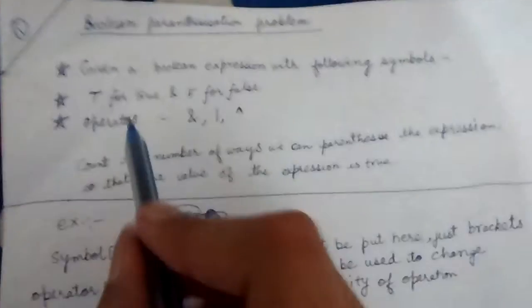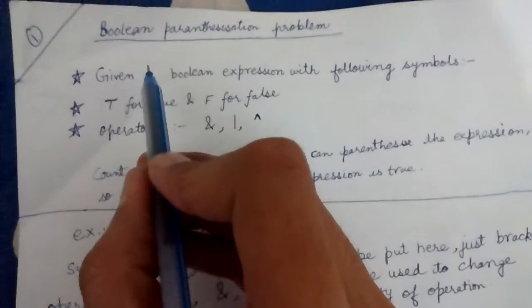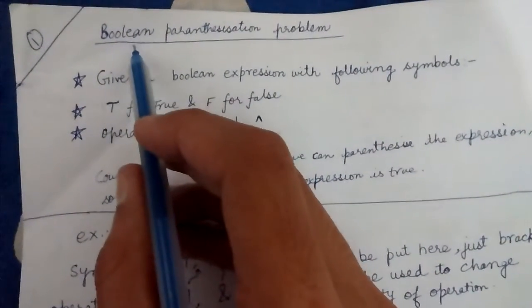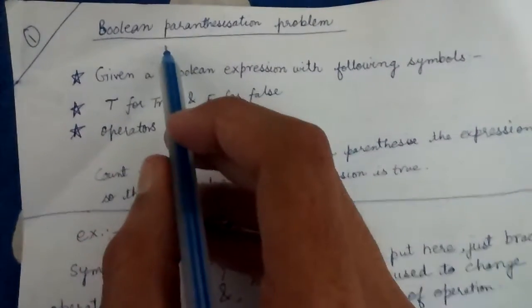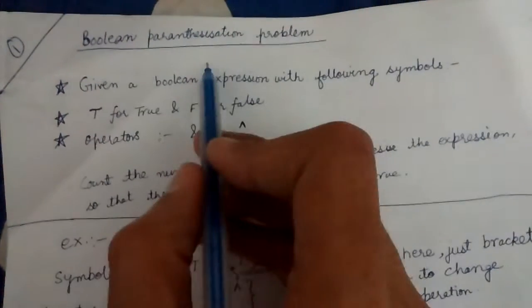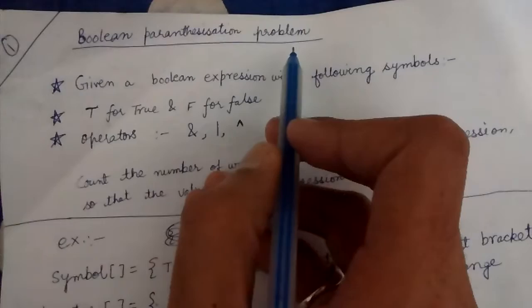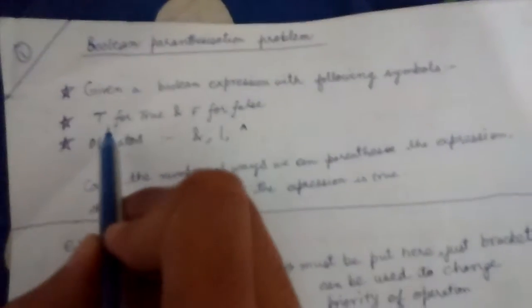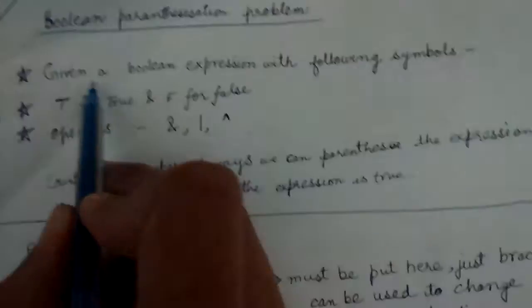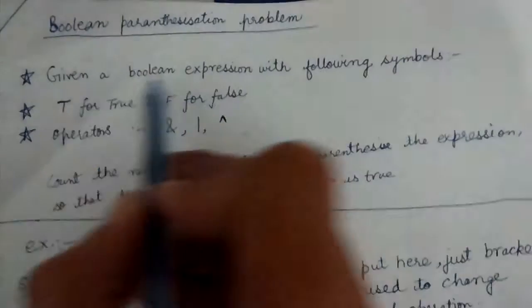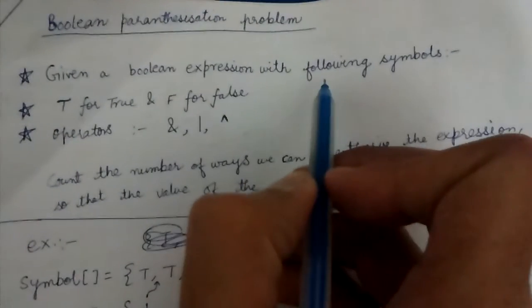Hello friends, so today we will study an interesting problem which is the boolean parenthesisation problem. So what is the statement of this problem? Let us see. We are given a boolean expression with following symbols: